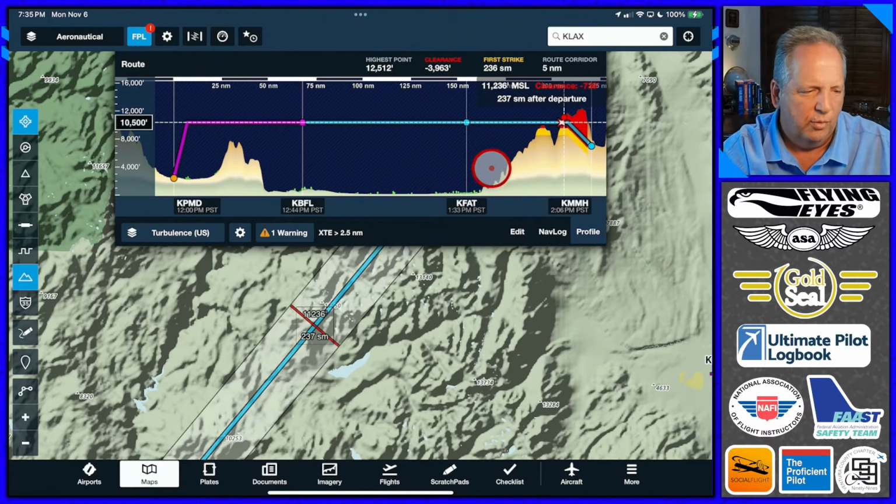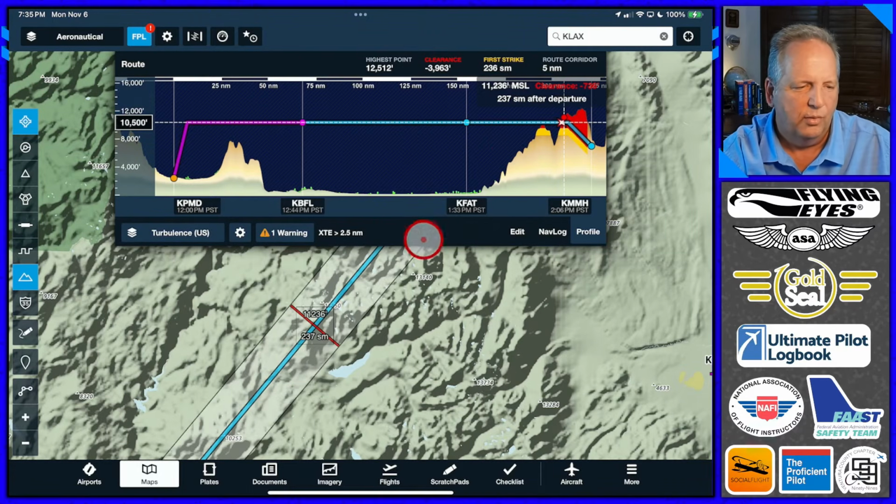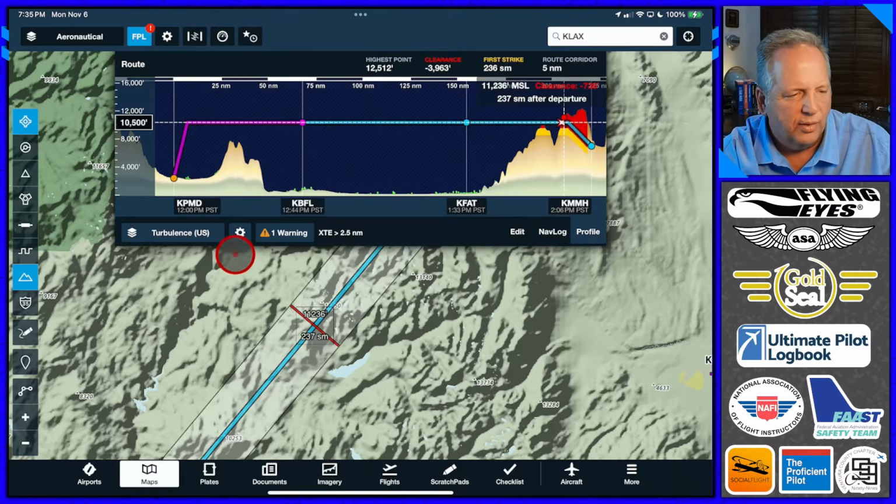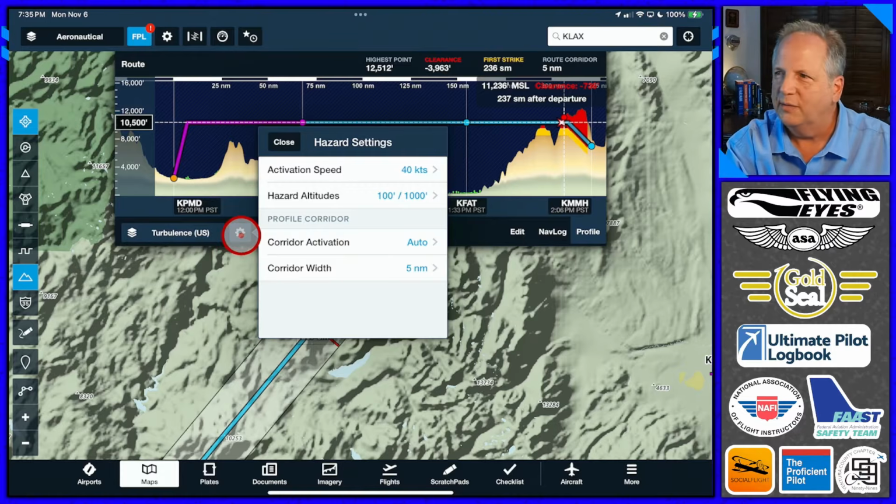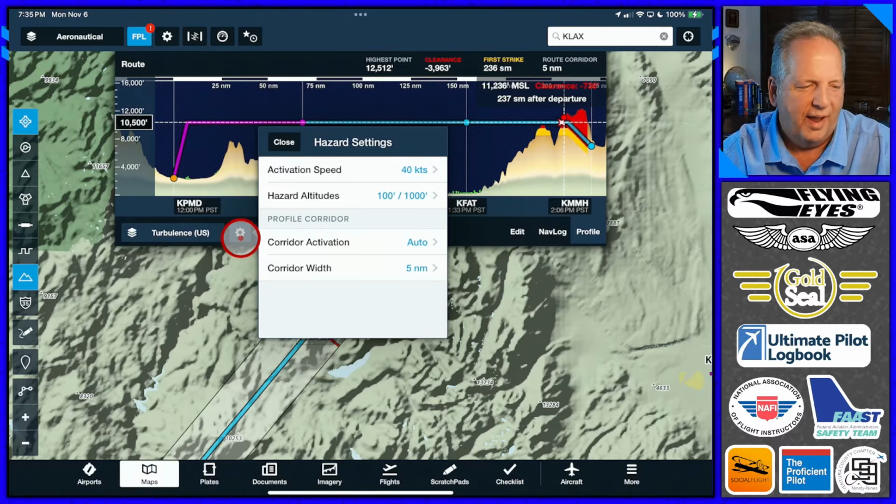Well, how wide is my corridor? Maybe I've got that set way too wide, because I can fit in some pretty narrow canyons and valleys. Well, to change the width of that corridor, you go to the settings button right here in the profile view. And again, I apologize if you only have the basic version of this and you don't have this feature. If you want it, you'd have to upgrade, but if you have the Pro or better, you will see this.